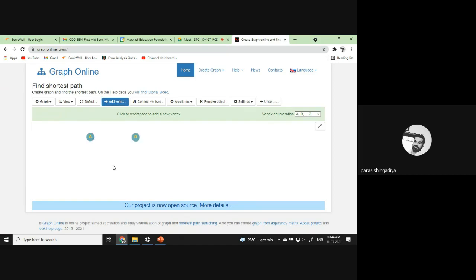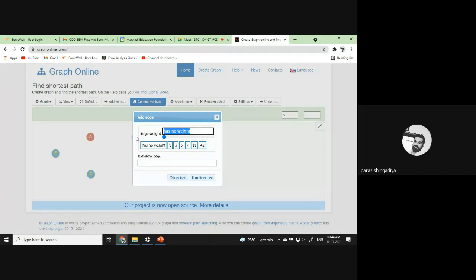So let's create one of the graphs here. That is 6 vertices I consider. Now let's connect it. So A to B. Now I have to mention the weight. You have to mention its weight in this, okay. So one of the numbers is given here, and you just click on that number. Then after you can change this value here. Right now I consider 5 as the weight of this edge. Clear? But you can also change this. You can consider 7, 9, 11, any number you can give to this weight.